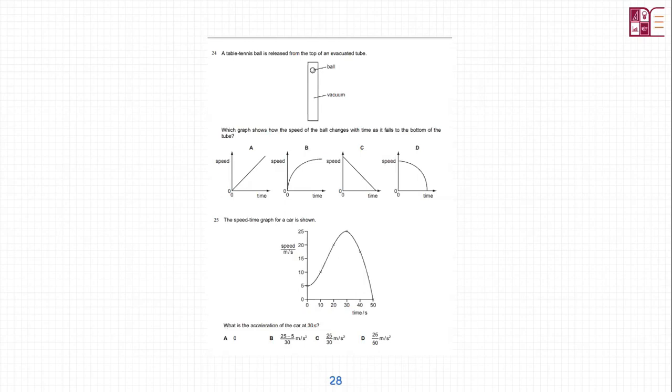Moving on to the next, the speed time graph for a car is shown. What is the acceleration of the car at 30 seconds? Now at 30 seconds, we're going to check the change in speed upon the change in time. We're going to make a triangle. So 25 minus 5, the change in speed upon the time taken. So 25 minus 5 upon 30 meter per second square is the correct answer for